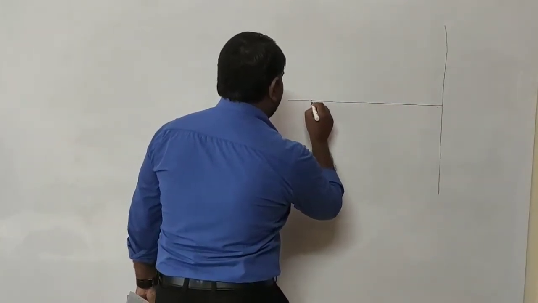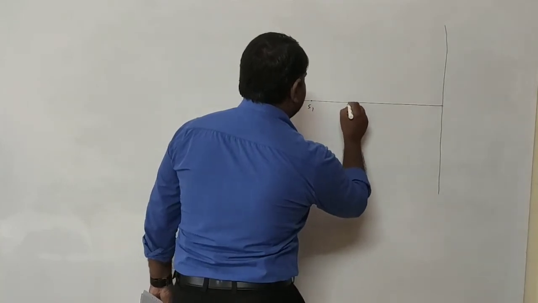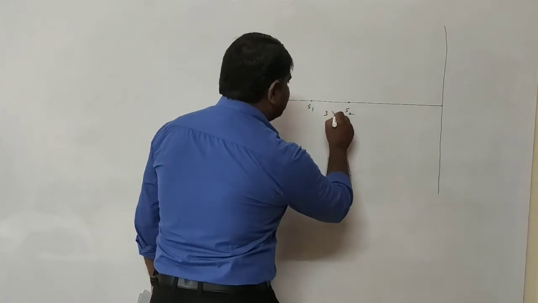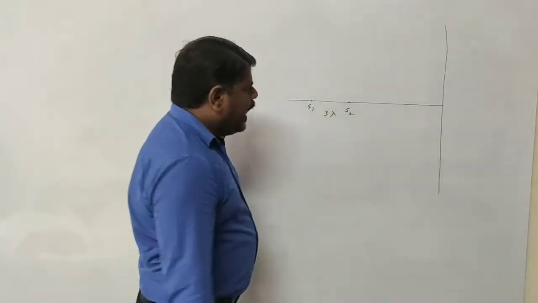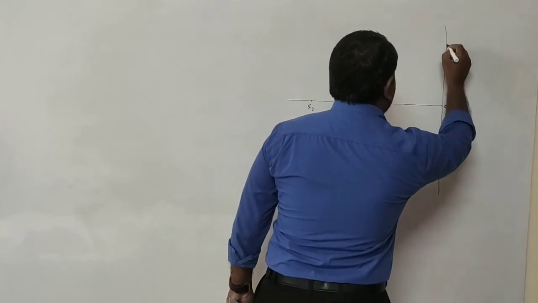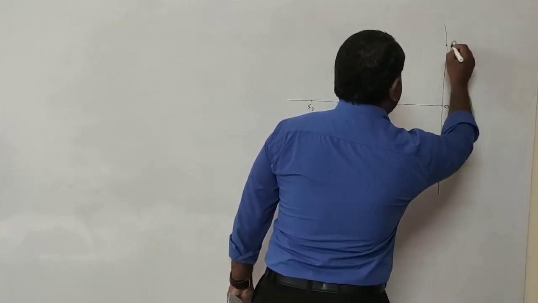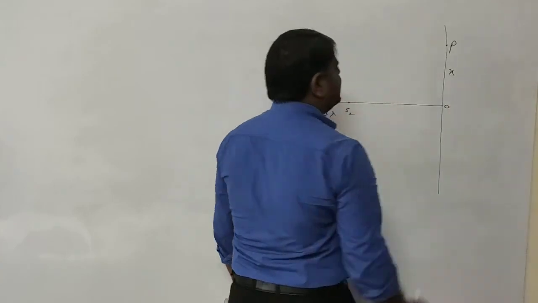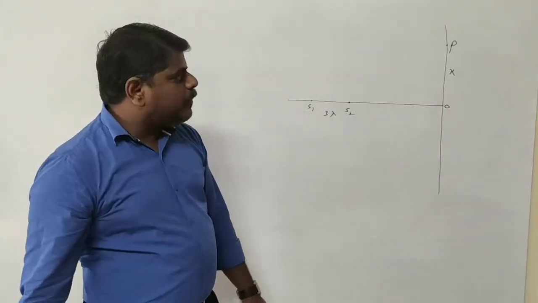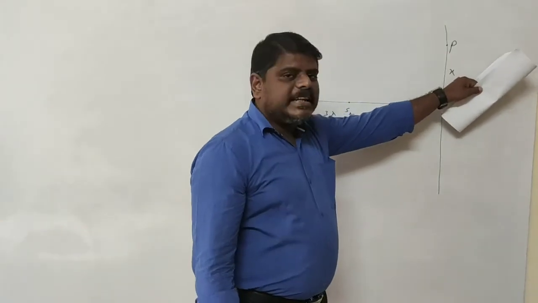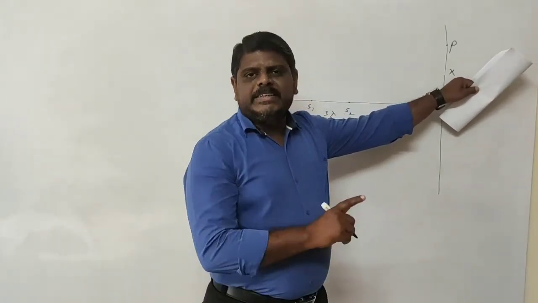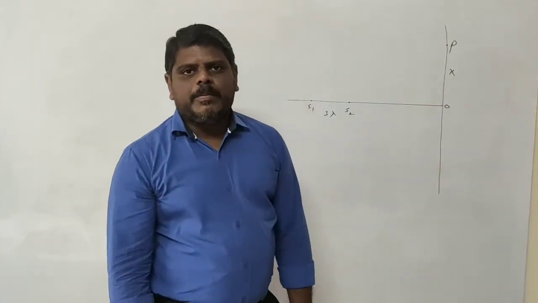So this is the point S1 and this is the point S2, and both are separated by a distance of 3 lambda, as given. And this is the center point you can refer to, and here the point P is located, and this distance is x. You have to find out the x distance. The problem says the point P at distance x is the minimum distance where you obtain the bright band. That means it is the first bright band you are going to obtain here.